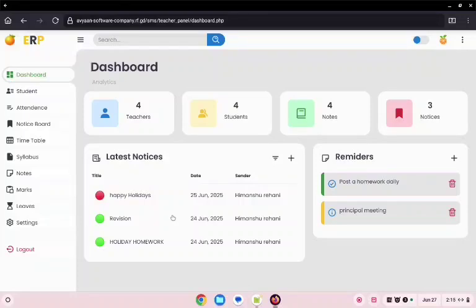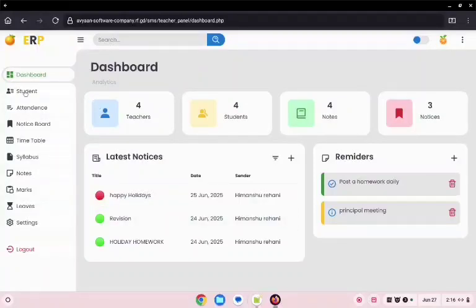So those teachers who are going to use this software, we will give the ID and password. All the class teachers are going to use it, because they have to mark attendance. And the admin can also mark attendance. If you want, we can provide an admin account, and the admin can mark the attendance. But the feasible way is that every teacher marks attendance for a particular class, because he or she is the class teacher of that particular class. Similarly,